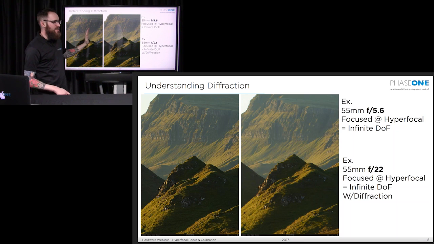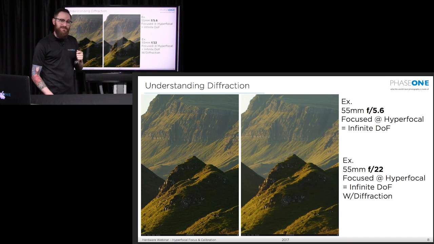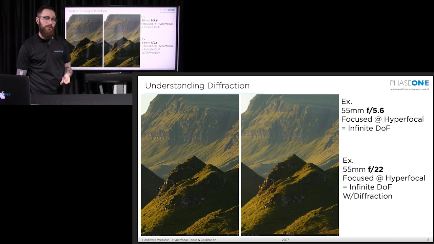So my focus has not shifted from the image on the left to the image on the right. The only thing that I've changed is my aperture. And the image that's shot at f22 is very, very soft. That was shot with a 101 megapixel digital back, the IQ3-100. And I do get soft results if I use f22. Really, anything above f11, I'm going to see a slight softness.